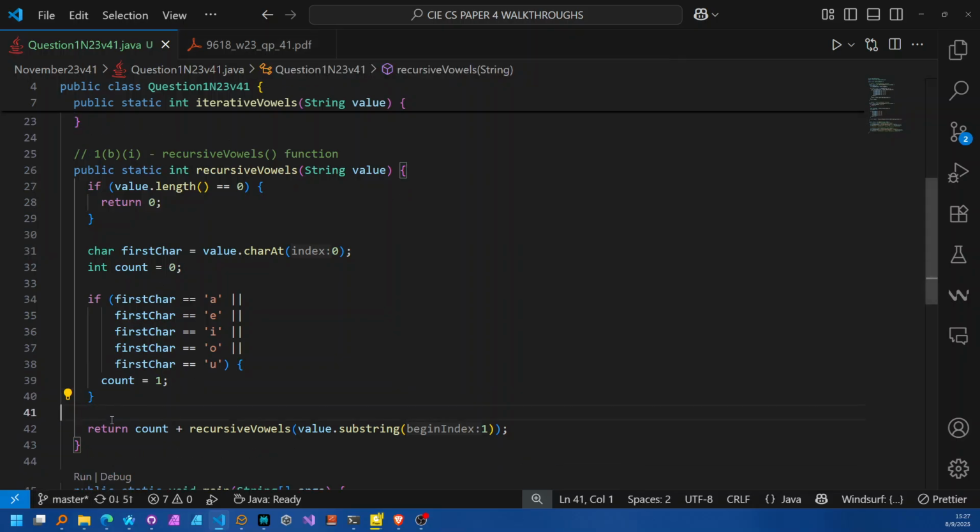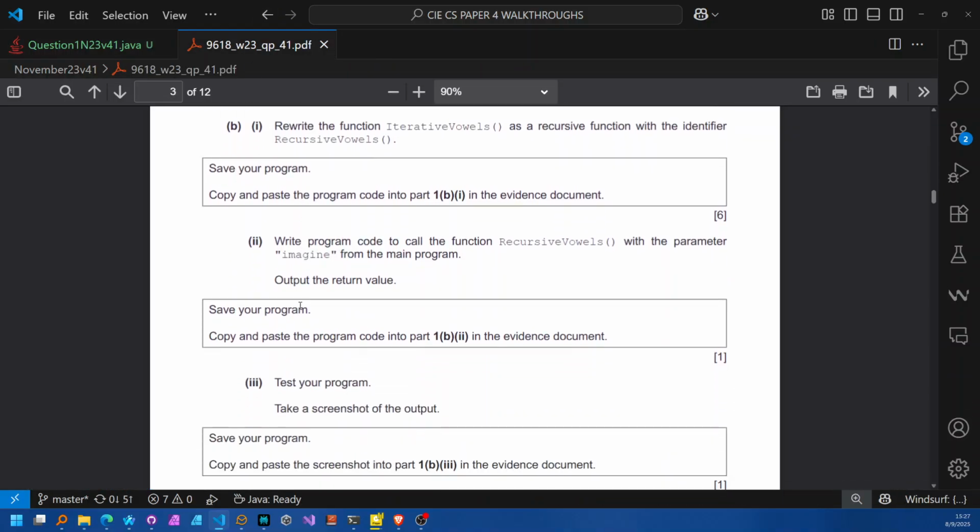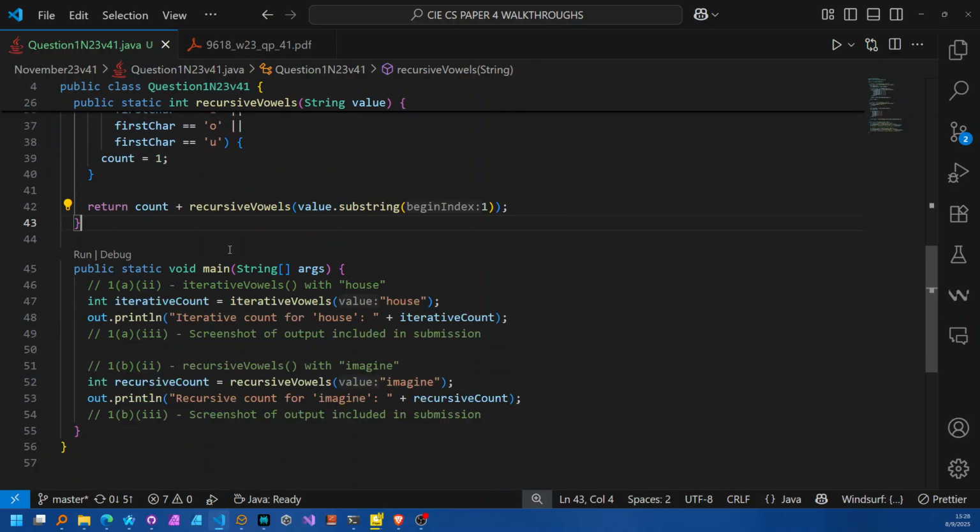So for this implementation, you would copy the code and paste it inside of the evidence document. Moving on to part B, item 2, we need to write program code to call the function recursive vowels with the parameter emerging from the main program. And then of course we have to take the screenshot of that. So let's switch to the code here. So B item 2, we are now calling recursive vowels, passing it emerging as an argument. Then we are storing the count returned by recursive vowels inside of this recursive count variable. Then on line 53, we are outputting how many vowels are inside of that particular